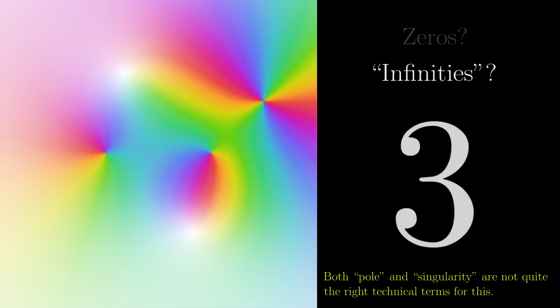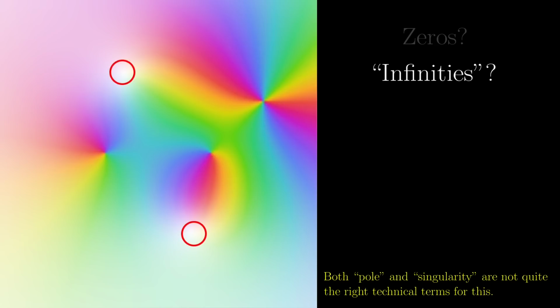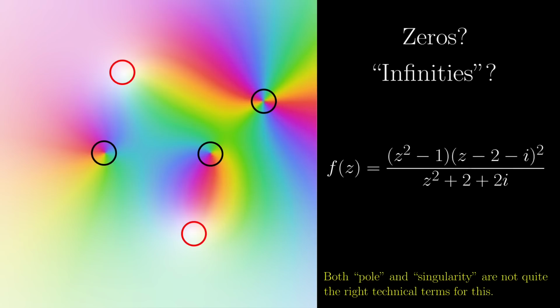For example, in this domain coloring plot, can you find out the zeros of the function? Well, the black spots are here. What about the places where the function blows up? Well, the white spots are here. So if you are particularly interested in zeros and infinities, then it is a nice way of visualization.